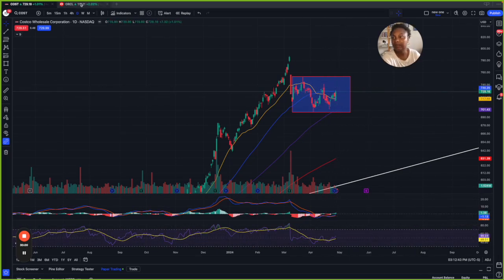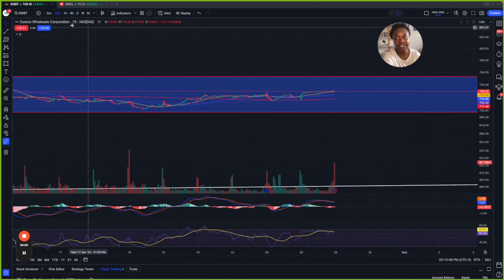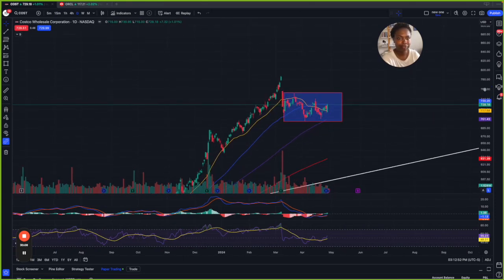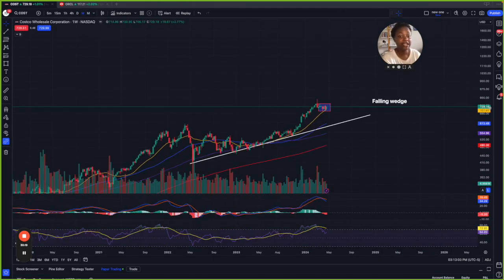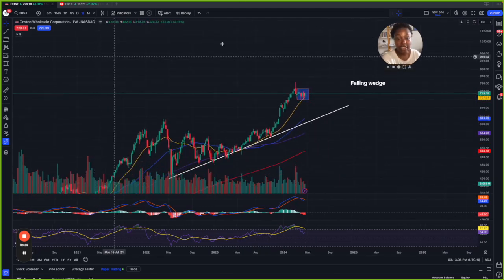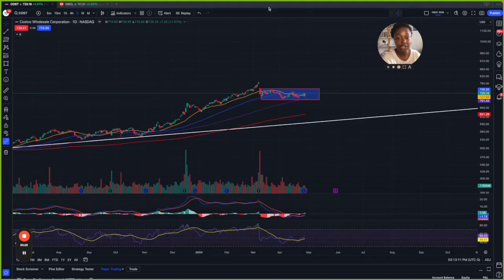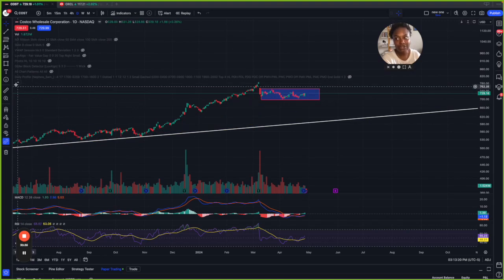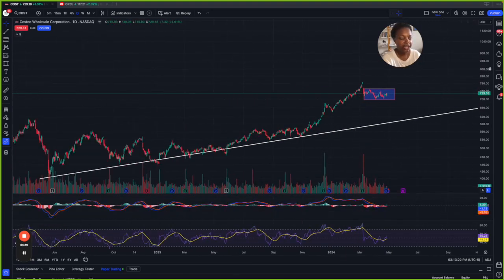But at this point, I don't have any suggestions for day trading Costco. I'm just going to be honest, why do you want to day trade? But hey, all right. So we see what's up here on the daily and the weekly time frame. It's absolutely holding this 20 MA. Now, I do see a falling wedge here on the weekly. You could see it a little bit clearer here on the daily. Let me turn this off. I was like, what indicator is on? The averages, girl, duh. So we see a falling wedge here.